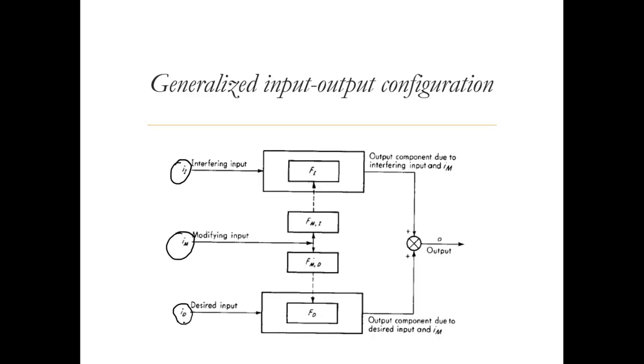So let's assume ID defines the desired input, and FD represents the function, a transfer function that converts the input to the output, or it's nothing but an input-output relation, the way we also describe the transfer function. It could be, let's say for a spring, that the input is force and the output is displacement. The input and output are related by a constant k for a linear spring, or it could be any other non-linear function, where the output is a function of input.